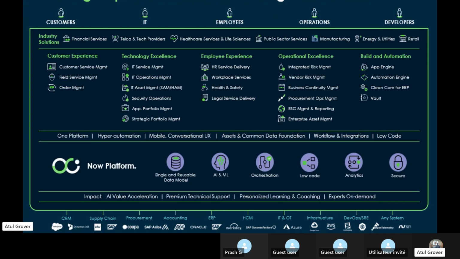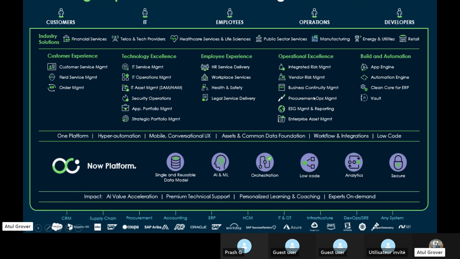Okay. So now in operations, you will get integrated risk management. Earlier it was called GRC, but now it is called integrated risk management and they added it in operations itself because everybody is worried about the same. We're not going to discuss anything in depth other than ITSM. Then business continuity management, procurement management.